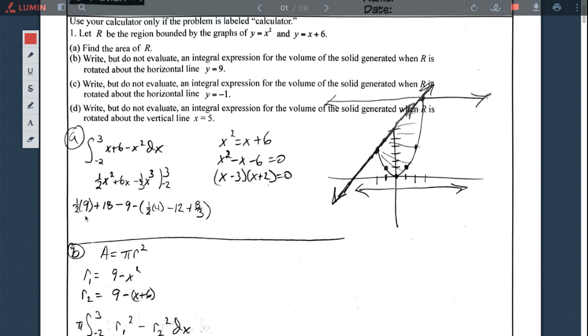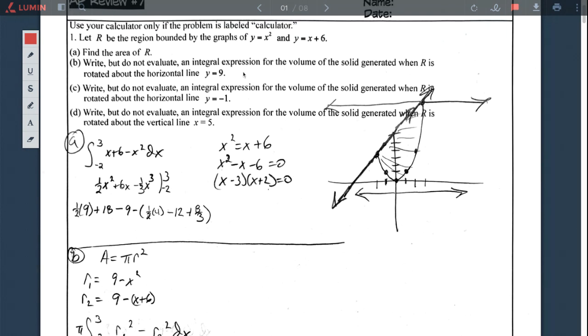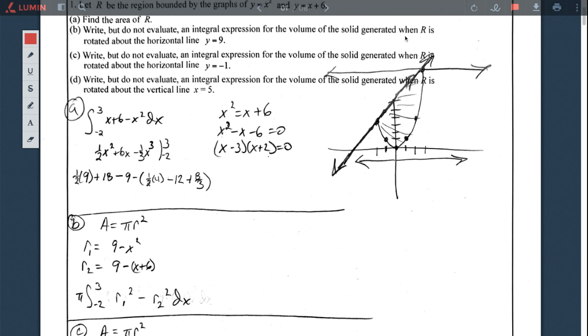Part B, write but do not evaluate an integral expression for the volume of a solid generated when R is rotated about the horizontal line y equals 9. So we're going around 9. Again, I need to ask myself as I'm rotating around this, is it in constant contact? Is there a gap? In this case, there's a gap, so that means I need 2 R's. And what I'm rotating around is on top, so that means it needs to come first